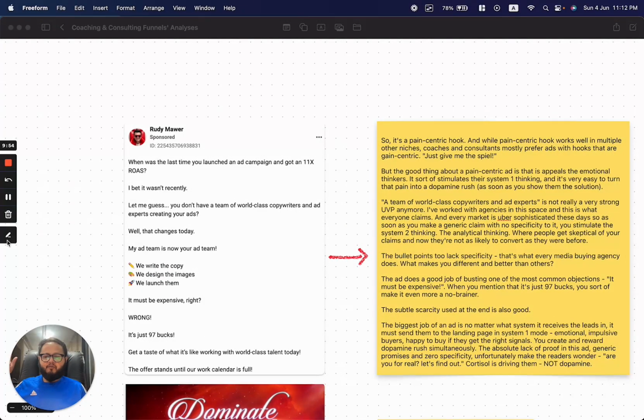So Eugene Schwartz, I think he said back in the 50s that when a market is uber sophisticated, the way to win in marketing is via specificity. Not the exact same words, but that's what he said. So what happens is that people come to you in System 2. So one reason why marketing has gotten so difficult, results are so rare, is because most of your leads,